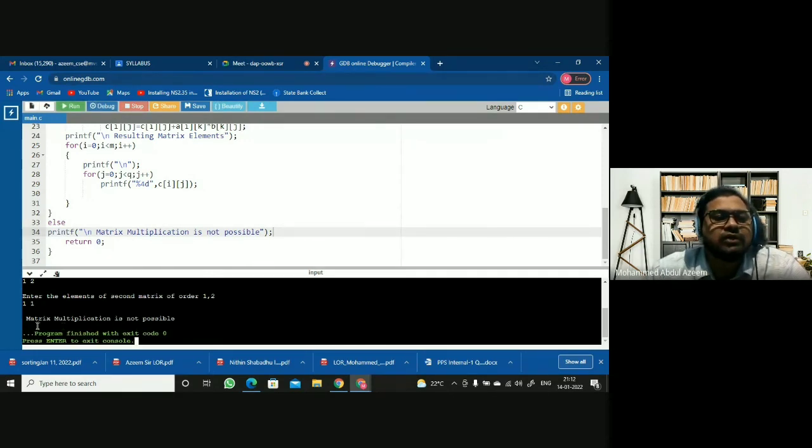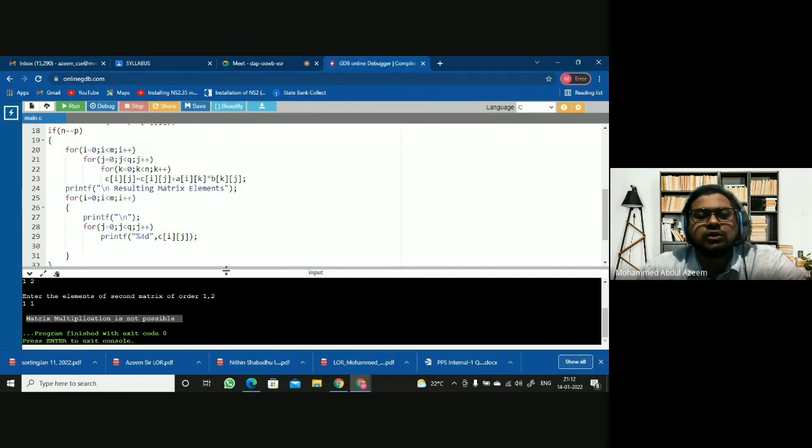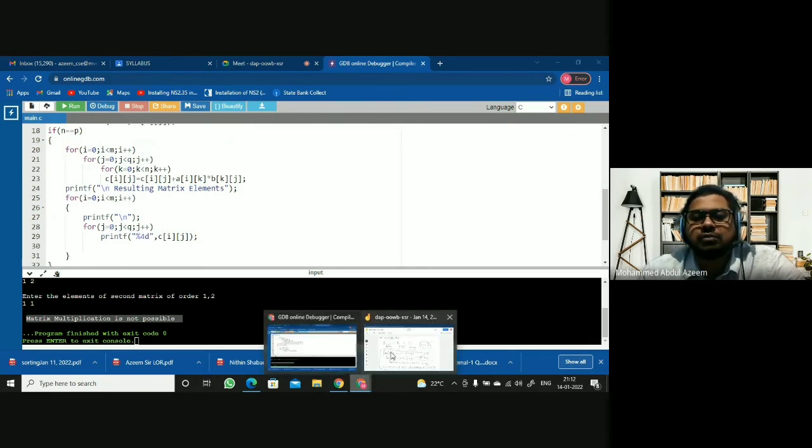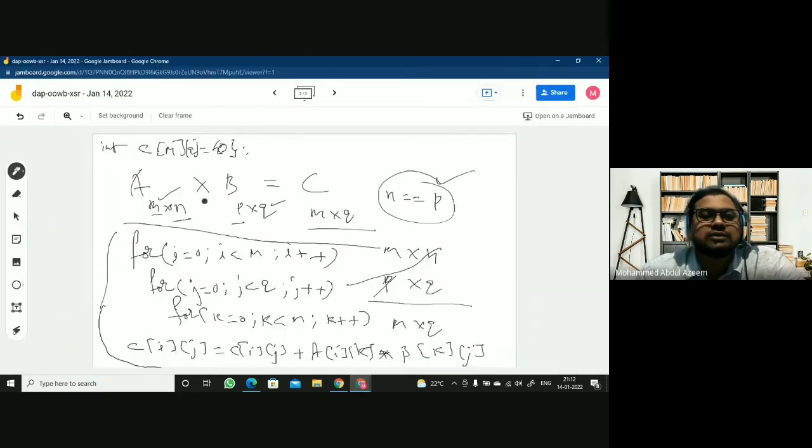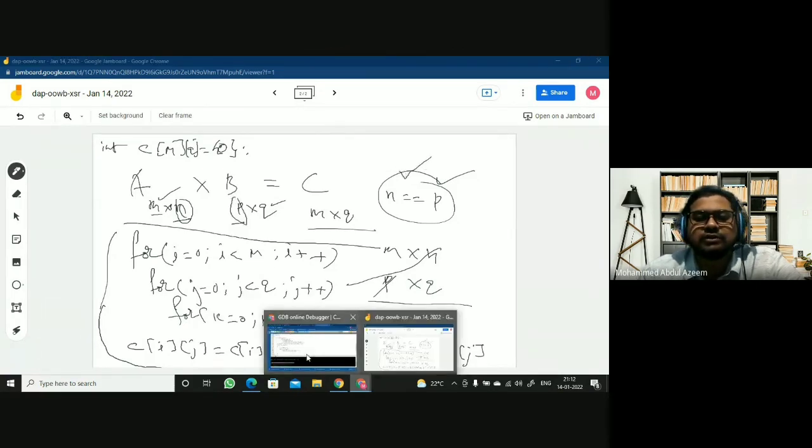So you can see, since the condition when checked, n equal to p is not true, it directly comes to the else part and says that matrix multiplication is not possible, right? So in order to make the multiplication to be possible, this n must be equivalent with the p, right? Only then it is possible. Fine. So I hope this is clear to all of you.